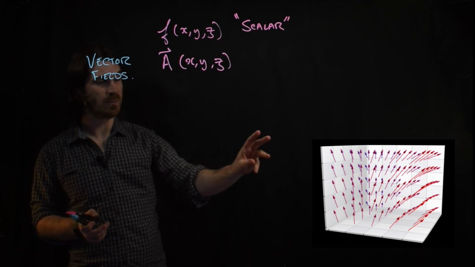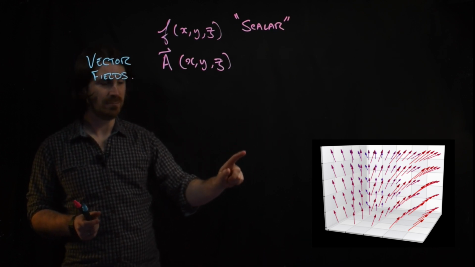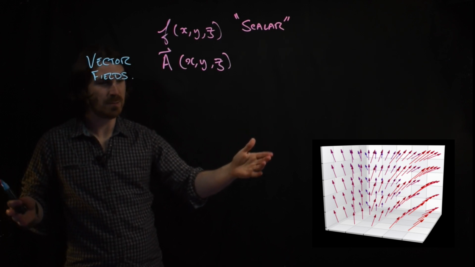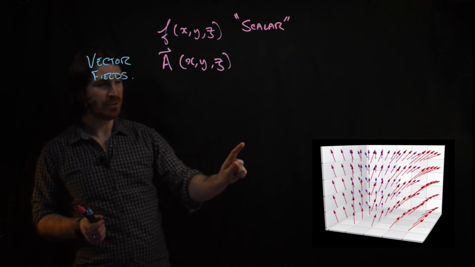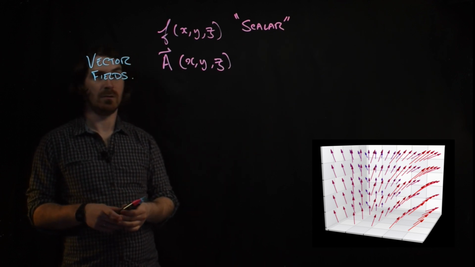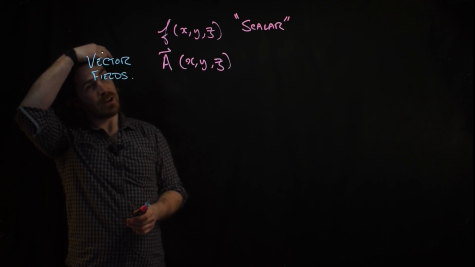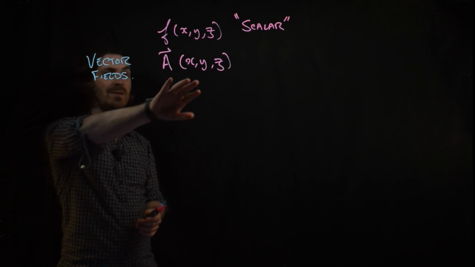At each point in the space, the vectors denote some quantity, maybe like wind speed, and the vectors have magnitude and direction. So we're going to look at these vector fields and see how our calculus works on these vector objects,